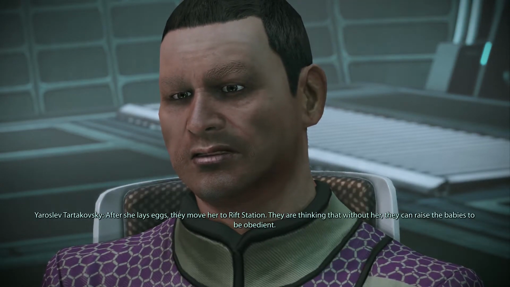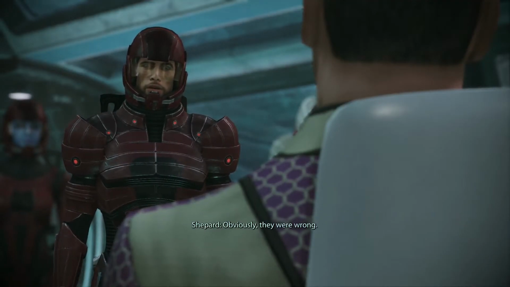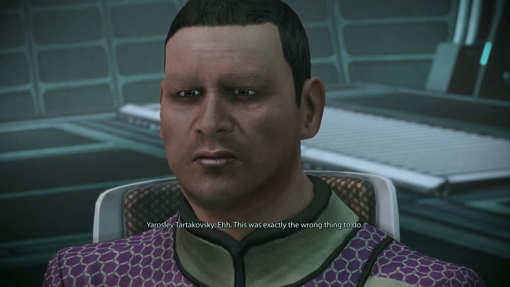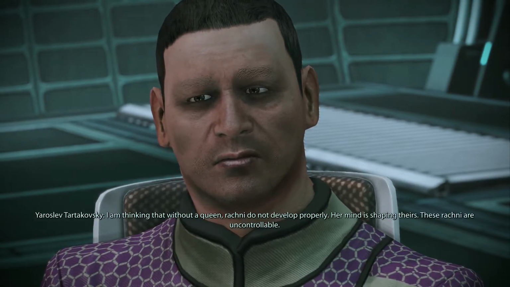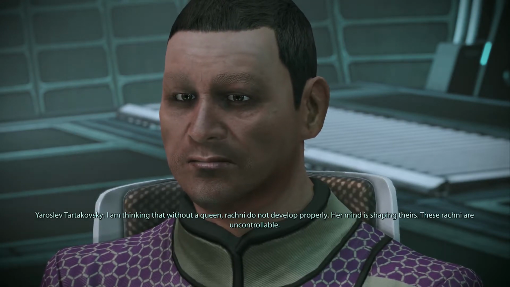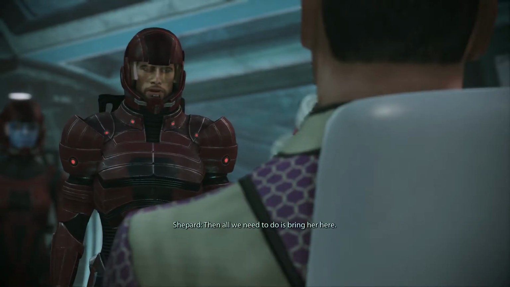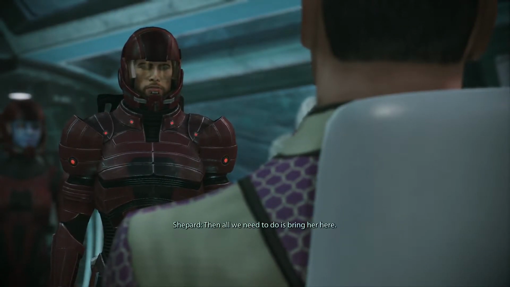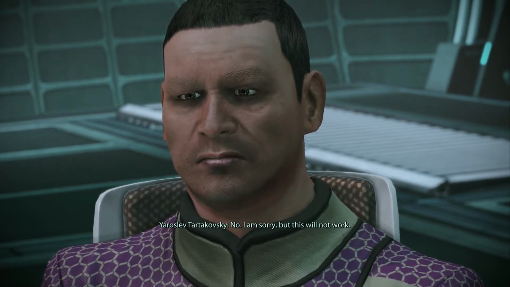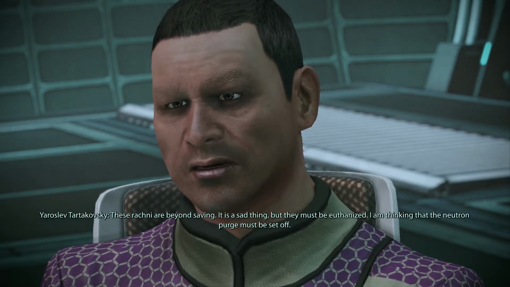They are thinking that without her they can raise the babies to be obedient. Obviously they were wrong. This was exactly the wrong thing to do. I am thinking that without a queen, Rachni do not develop properly. Her mind is shaping theirs. Then all we need to do is bring her here. Oh, no, I am sorry, but this will not work. These Rachni are beyond saving. It is a sad thing, but...